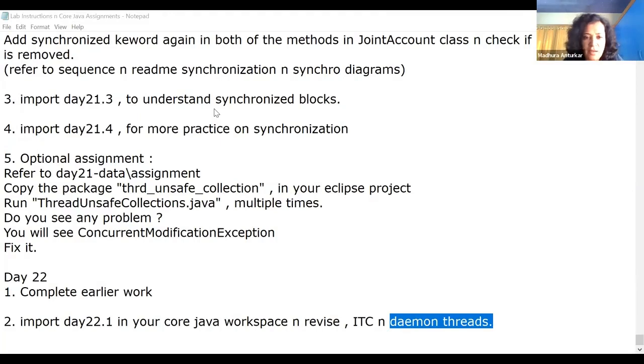Let me just check. Give me a minute. I'm cleaning up the two directories I had for Java in J2EE, so I'll straighten it up and come to you.